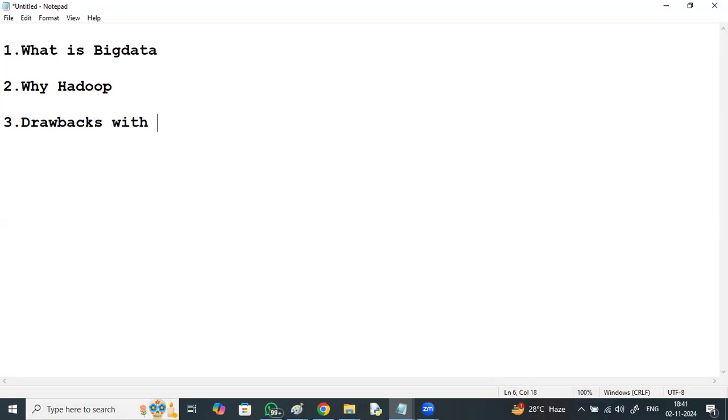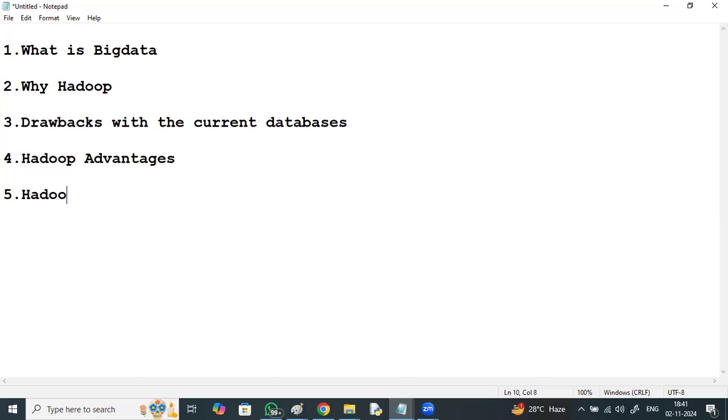Drawbacks with the current databases. Hadoop advantages. Hadoop scope and job market. I'll come back to Spark.